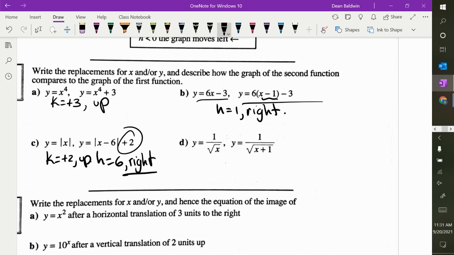All right, what about D? What's the only thing that's changed? It's an H value because it's tied up with the X inside the radical. What is my H value? -1. So we went